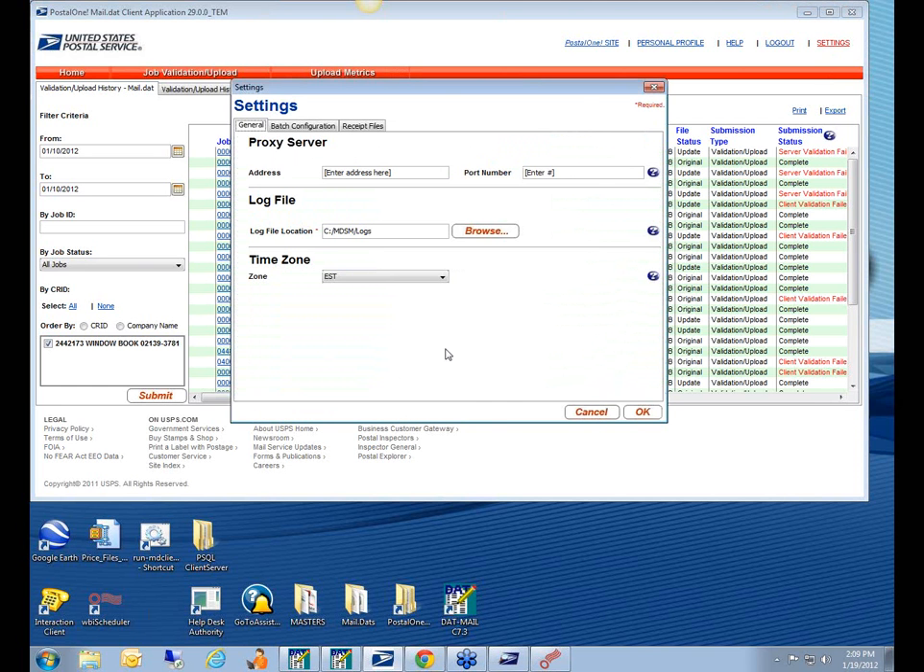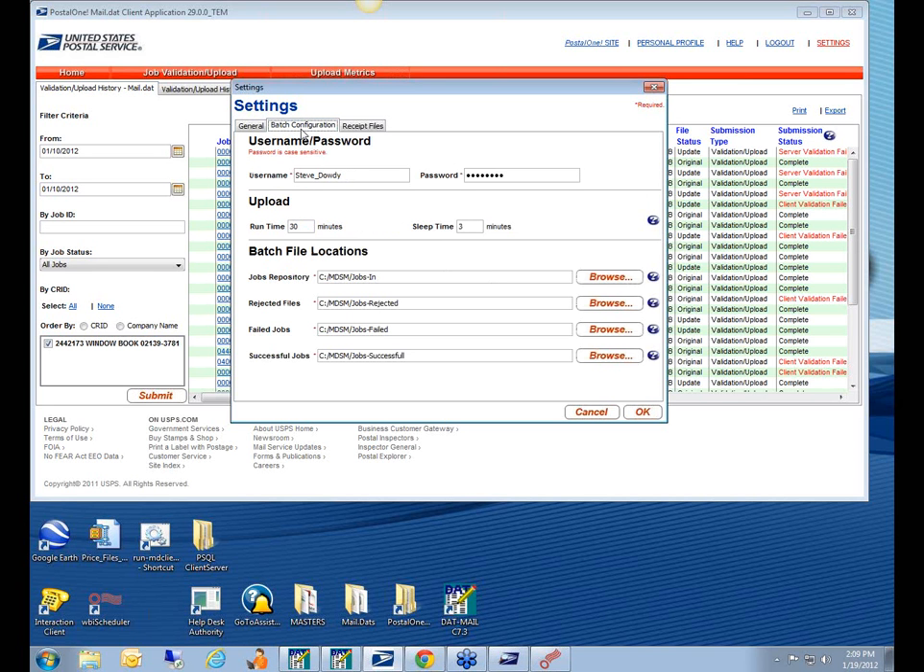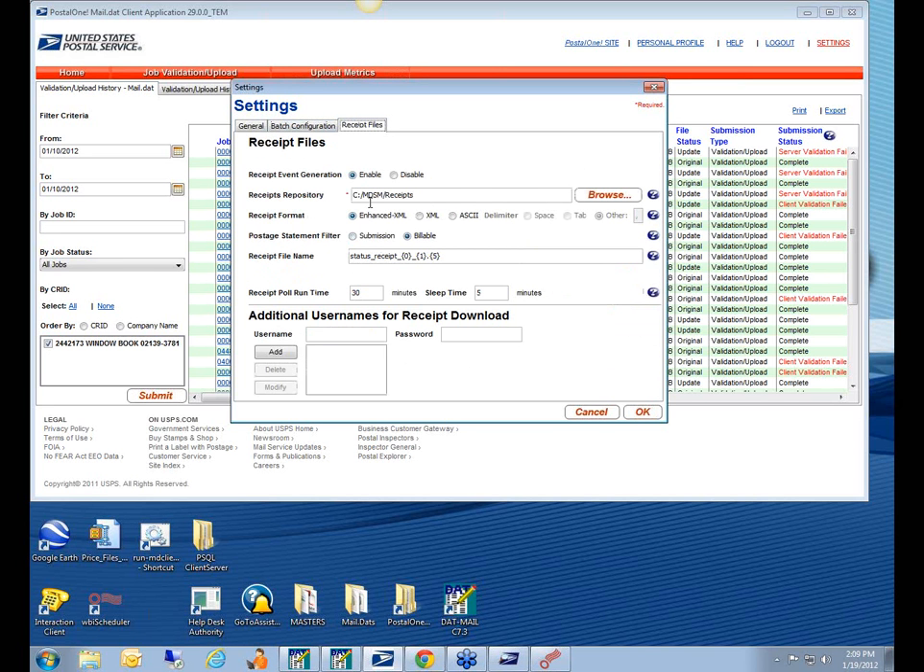MDR client batch works with a set of folders. You place your PostalOne mail.dat files in a hot folder and wait for the results to be returned in various other folders. And we can see those folders defined here. Here's a log folder, several job folders, and a receipt folder here. We found it difficult to determine the status of a job, and often had to go back to the interactive mode to find out